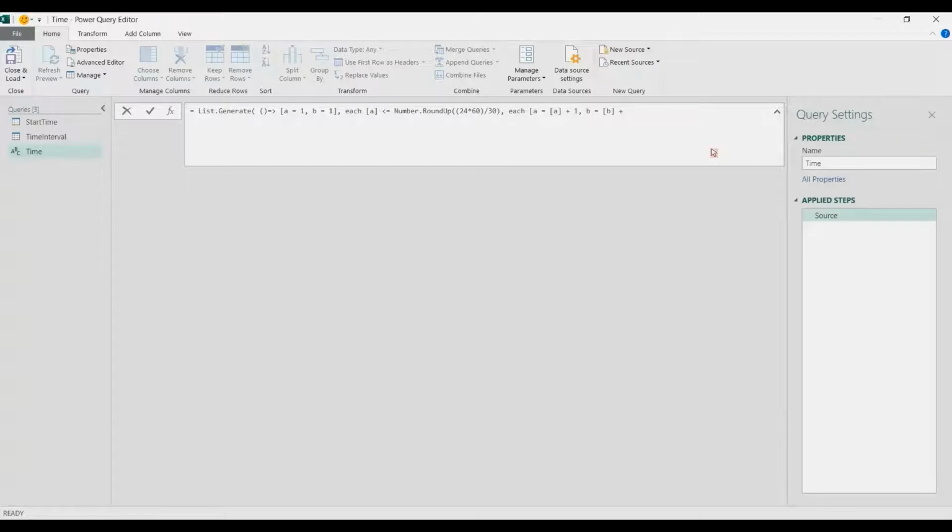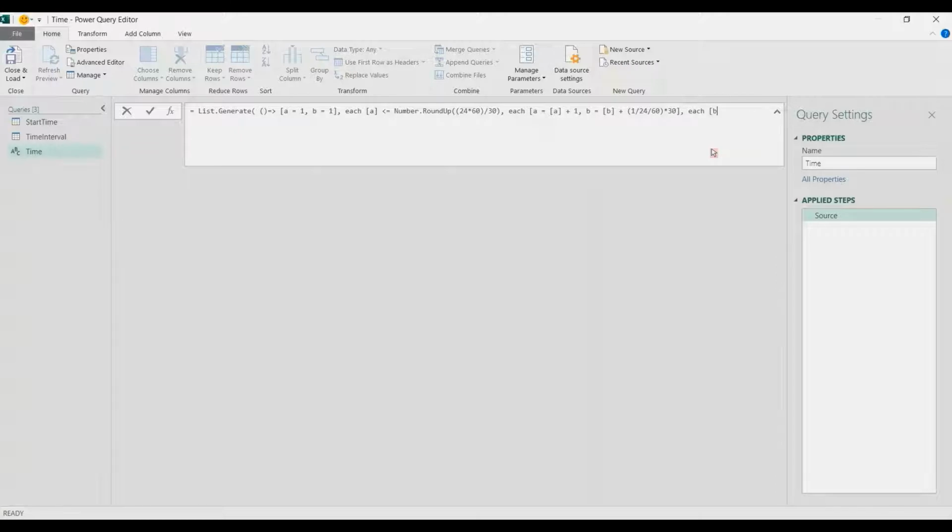In this case, we're going to convert the number into a time, where 1 is equal to 24 hours. So we're going to divide by 24 hours and also divide by 60 for minutes because our input is in minutes. So divide 24, divide 60, and then once we got that, we will multiply it with the time interval, which is 30 minutes again. And that's it, close square bracket, and then comma, each, the starting point will be always